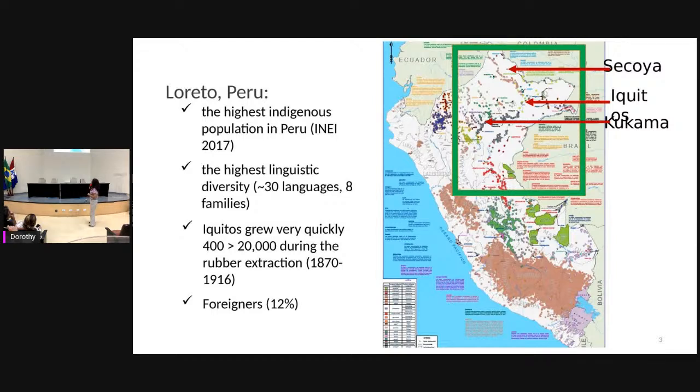Okay? So I will refer specifically to this region that's squarely shaped. That is Loreto in Peru. And Loreto has the highest indigenous population in the country, according to the last census. And it also contains the highest linguistic diversity. Only in Loreto, the